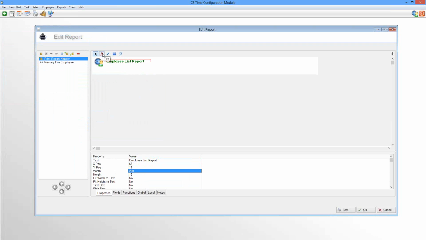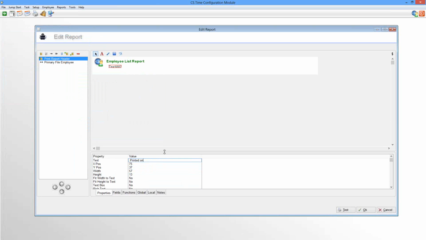And then the other thing that we can also add in a heading is a function. So let's say we want the report name here, but now we want to say this report was printed on such and such a date, and that's obviously got to be today's date because that's when you're printing that report. Now in that case you're using a function, like I said. So we're going to add a text field, and we're going to say it's printed on,